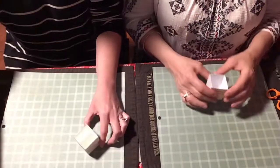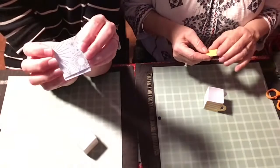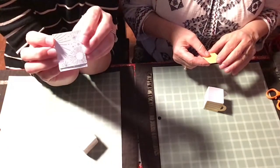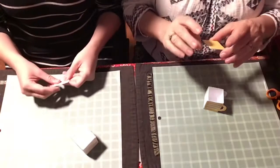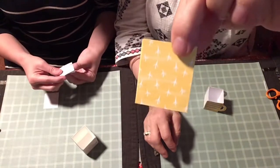So we've each got some different DSP. Mine is a retired DSP called Year of Cheer, and it's these silver metallic foil fireworks, which I think is so good for a wedding. And what do you have there, Renee? I have little birds' feet, which is perfect because...